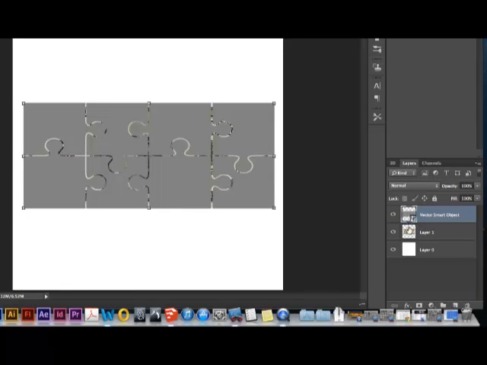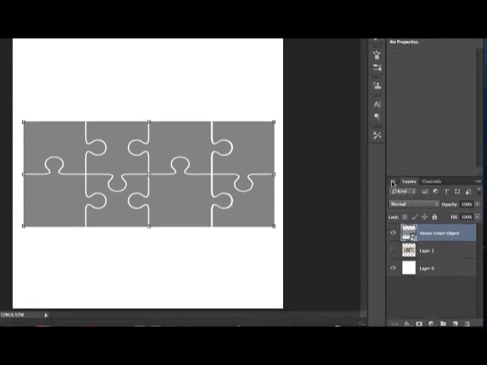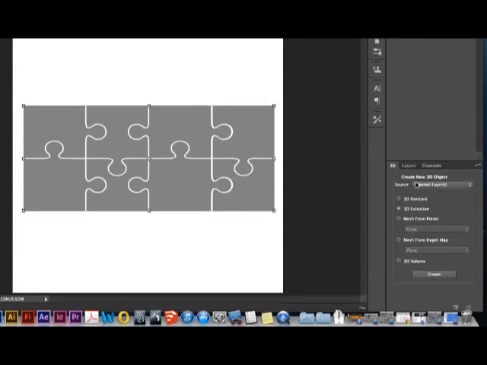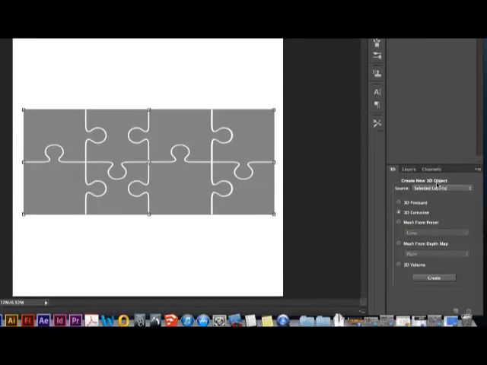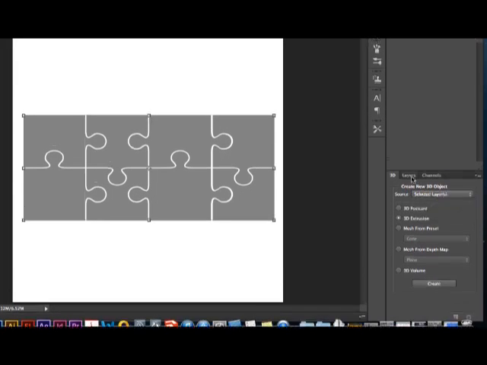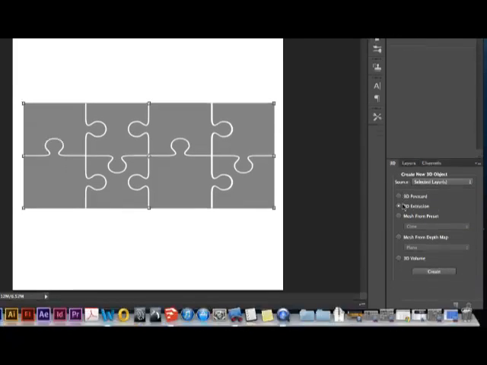And so the first thing you'll want to do is turn this money off. Next, we'll go back to 3D. And right away, you see this create new 3D object. Our source is the selected layer. That's what we want. Let's make sure we have it. Yeah, we've selected our vector smart object, and we're going to create a 3D extrusion right here of this puzzle